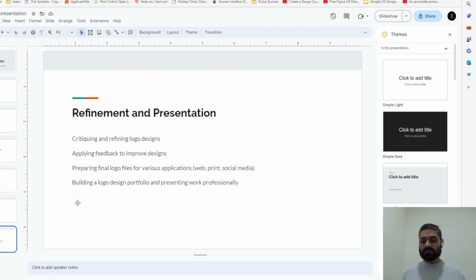While presenting, we need to prepare a file. In this module, we will see how to prepare the presentation file and what media our logo is going to be used on. Based on that, we need to create a presentation as well as other files while delivering the final product to the clients. This is what we will learn in this overall course, and I'm quite excited.